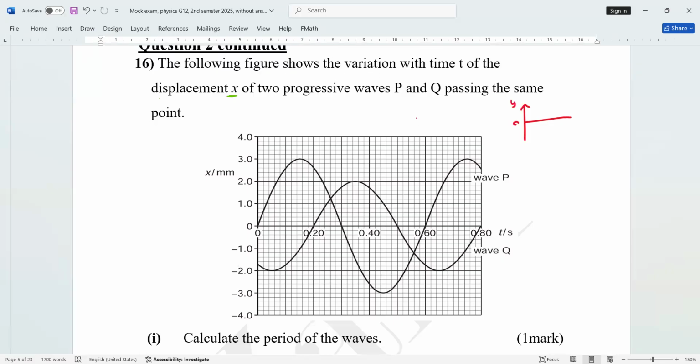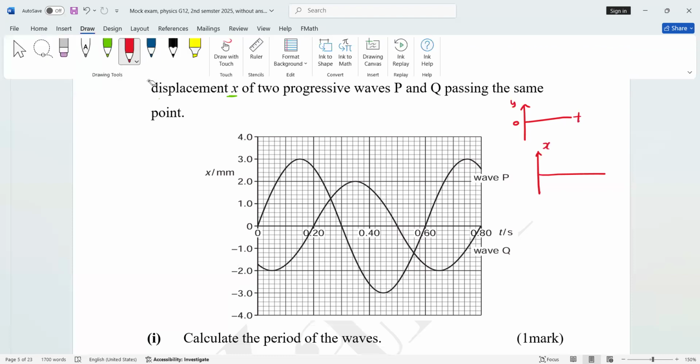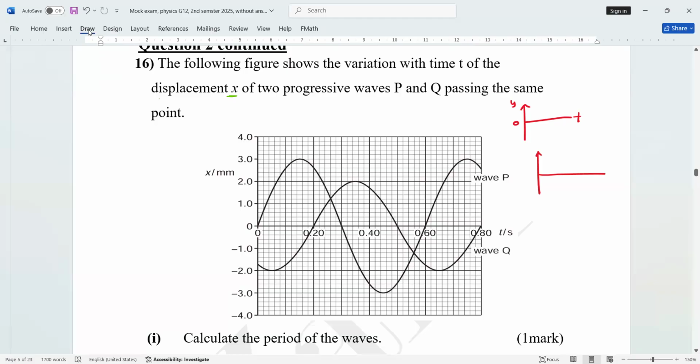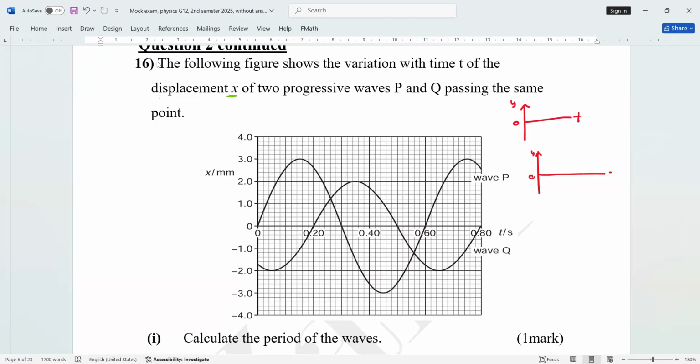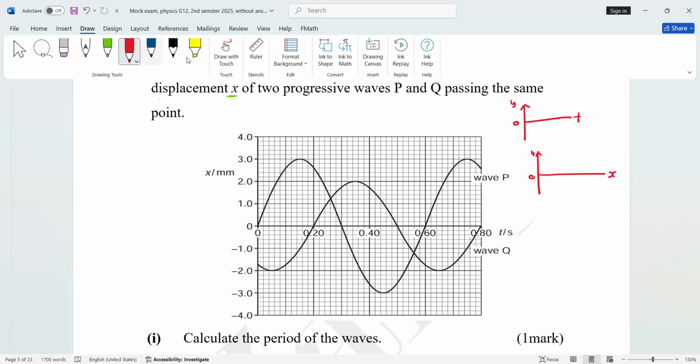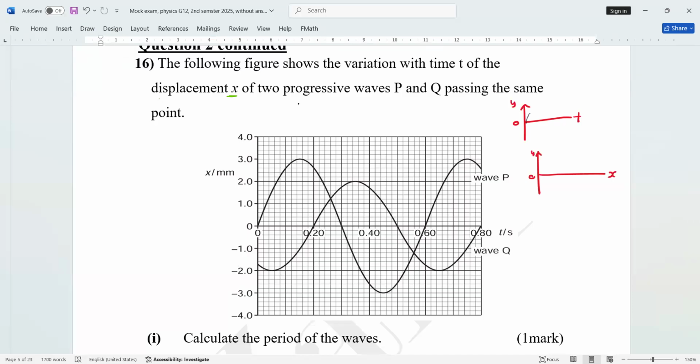And also we have another graph, displacement distance. So this is y, and this is x. If we have the graph like this, or like this,